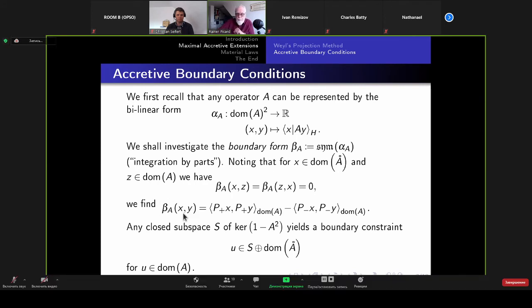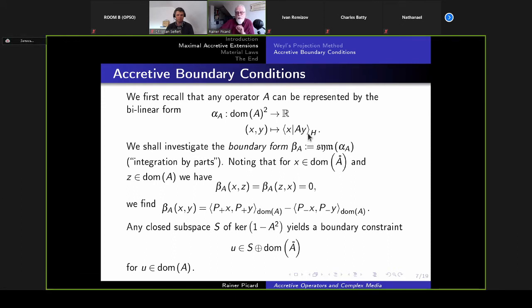And then another step: you see this is a form with respect to the inner product of H. So it's built from the inner product of H. But due to the nice fact that the kernel of 1 minus A squared means if I apply A twice, I'm ending up with 1, you can equally write this with the inner product of H replaced by the inner product of domain of A, so by the graph inner product. So with this observation, you can show,